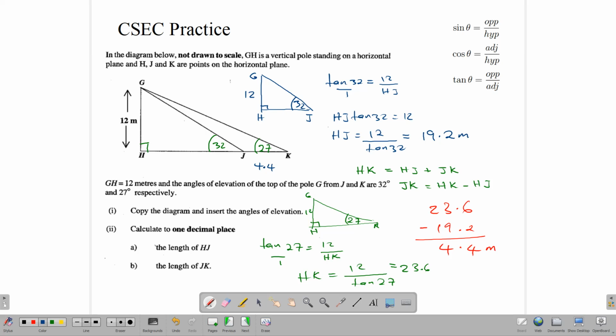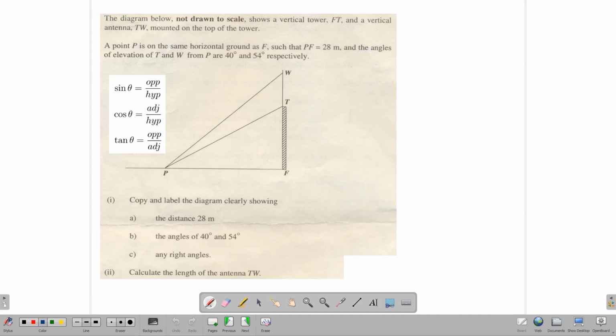Moving on to our next question, we have a diagram not drawn to scale again, and the diagram shows a vertical tower FT. So this is FT, and then on top of it is an antenna TW mounted on top of the tower. A point P is on the same horizontal ground as F, so these are important, same flat line, such that PF is equal to 28. Let's just write that in. PF is 28 meters,